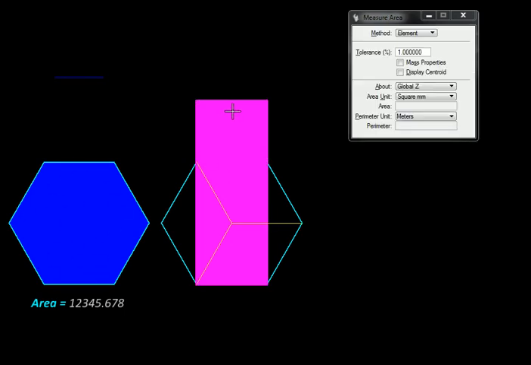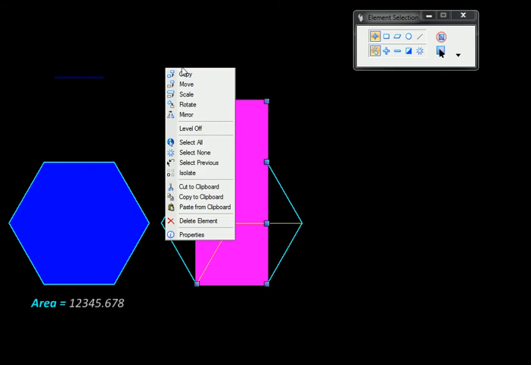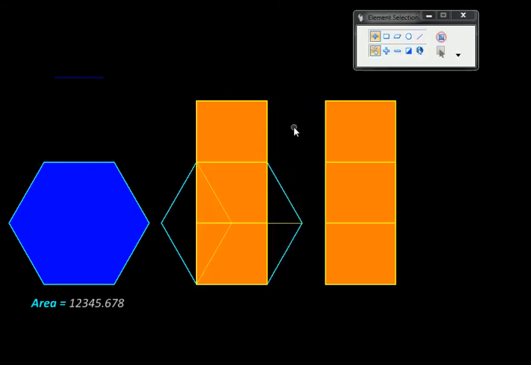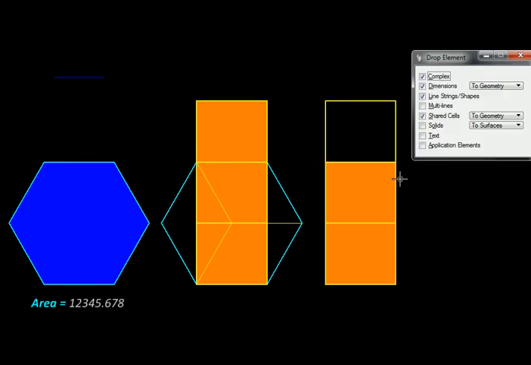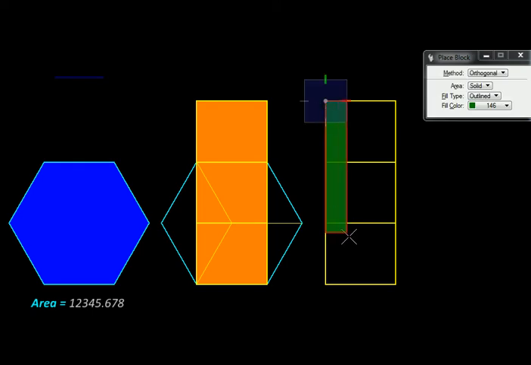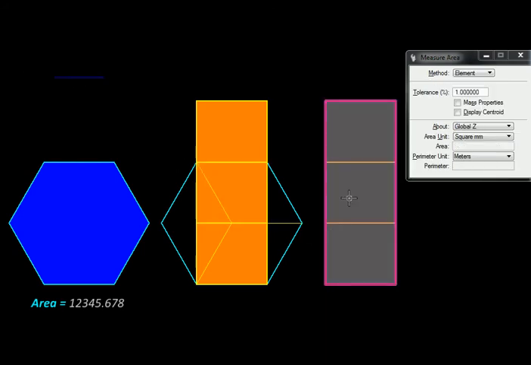So I'll select these 3 and just click here with the area tool on. So I'm getting 12345.678, the area that we started with. So we are in good shape. I'm going to copy these 3 rectangles now over here, and instead of 3 I'll make a single rectangle out of it. So let me drop them like this and draw a rectangle that encompasses all of them. So now we have a single rectangle. We don't even have to confirm, but we can check that this area 2 is 12345.678.